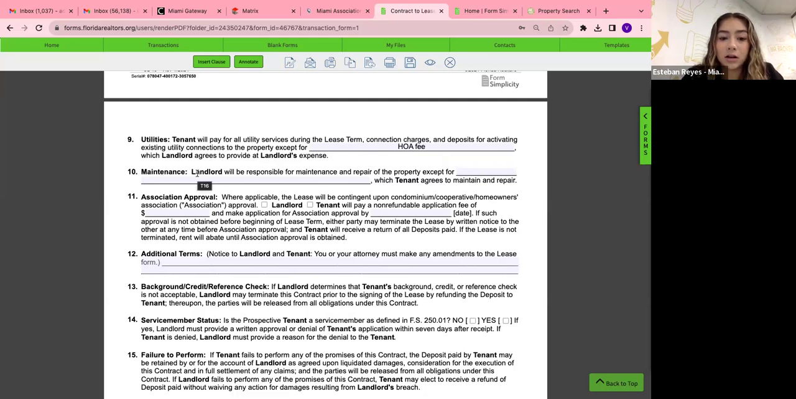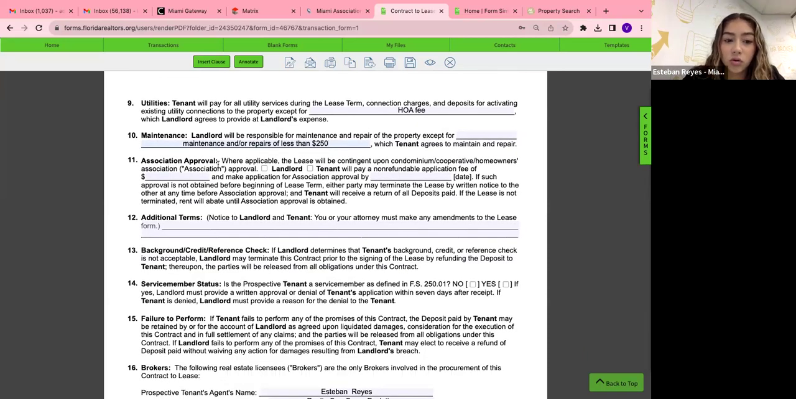Now, maintenance. We usually put landlord will be responsible for maintenance and repair of the property except for maintenance or repairs of less than $250. If the maintenance required is less than $250, the tenant will usually have to do the repair. Now, the association. So if there is an association involved, we always put that the tenant will pay the non-refundable application fee. Usually application fees are $150, but you have to double check in the lease and make the application for association approval by